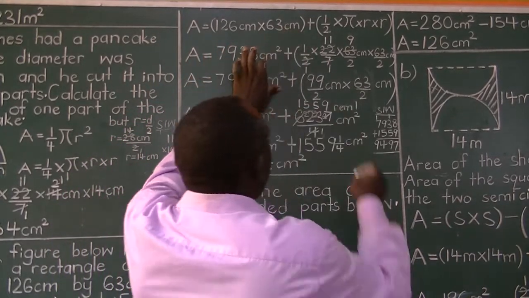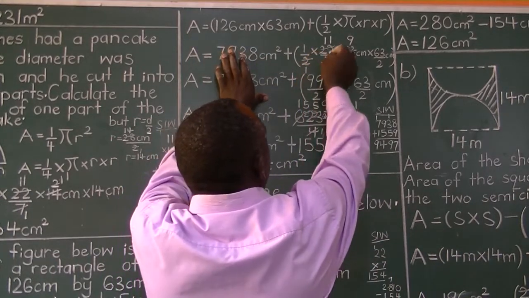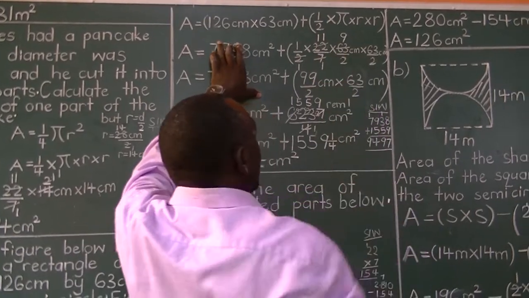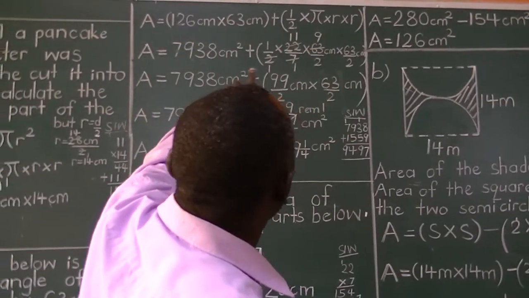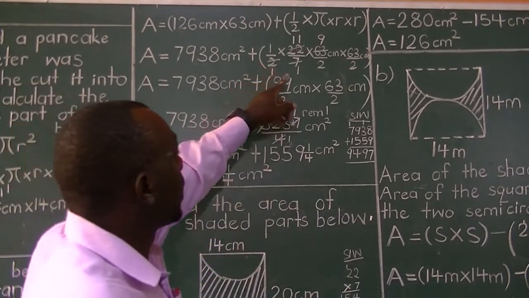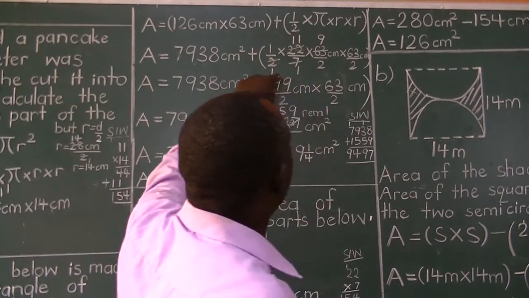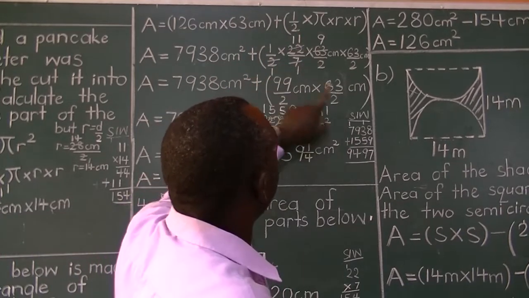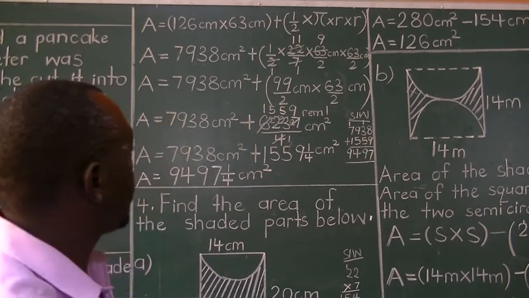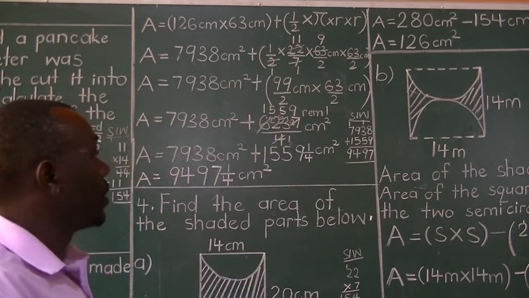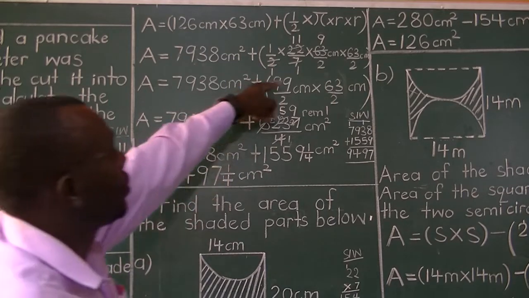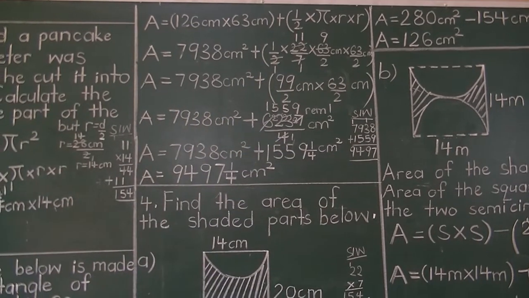And then you cancel here. So by 2, ones. 22 by 2 you get 11. 7 by 7, ones. And 63 by 7 get 9. And no longer can we cancel, but only multiply the numerators. 11 times 9 get 99 out of 2 centimeters. Then times 63 out of 2 centimeters. Now, since we cannot cancel, we then multiply that 99 by 63 as numerators. Then later 2 by 2 down.